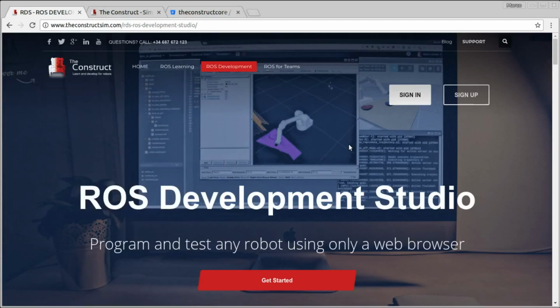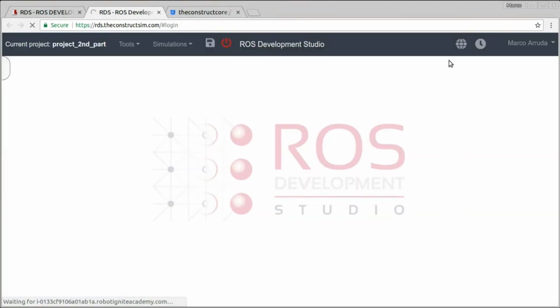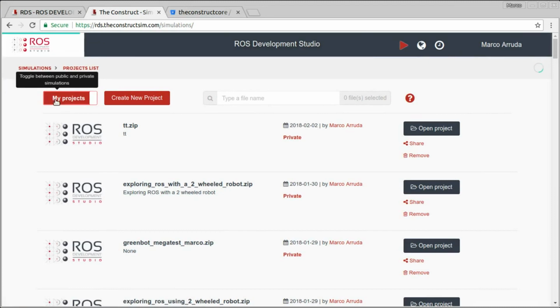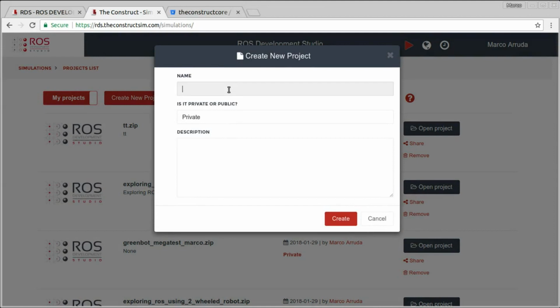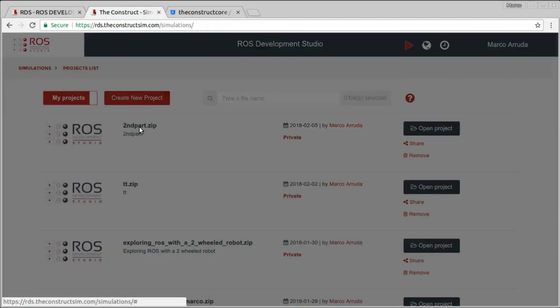So if you don't have an account yet, you can create one just by going here through this button, sign up. As I have my account already, I'm just going to sign in. And here I have the list of projects. So if you are starting from the second part, it's okay, or maybe if you just forgot to save your project in the last video, you can just create a new project here. I'm going to call it second part and put the same for the description, just to give an example. You can open the project here,